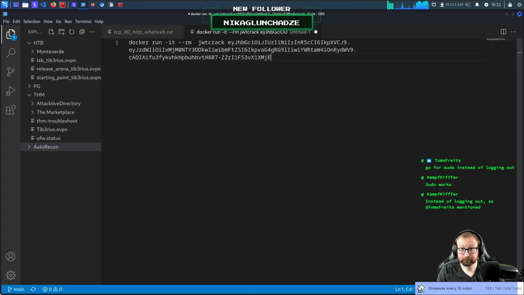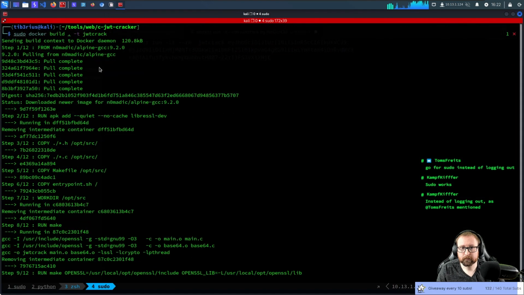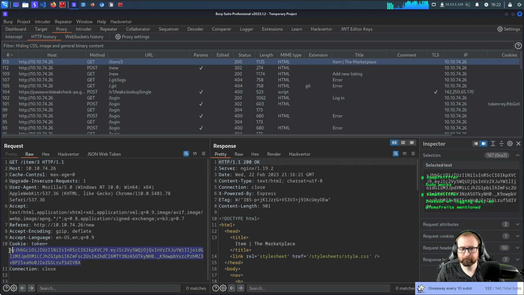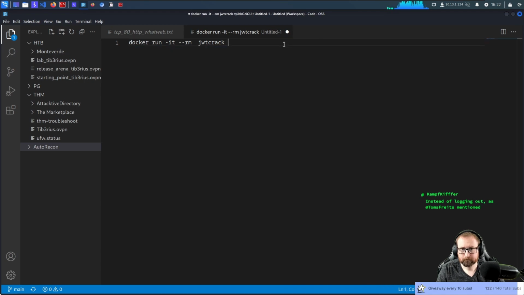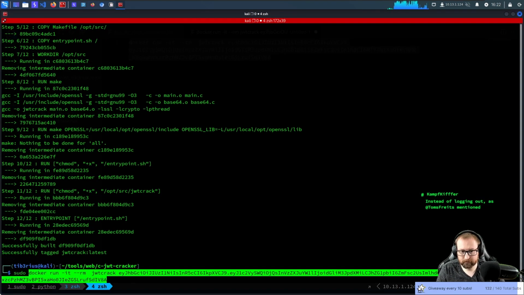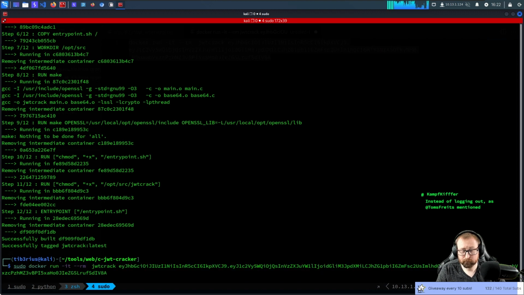Okay, so we're going to copy the token here. Shove it there. And then we'll do sudo and this. And we'll let that run for a little bit. You can also crack this using hashcat.